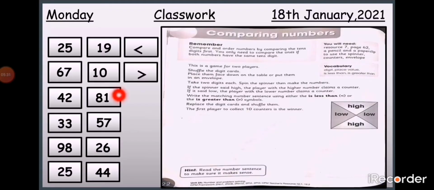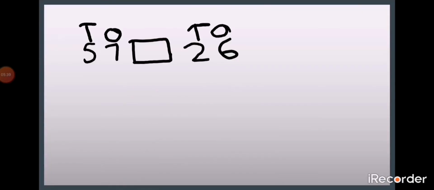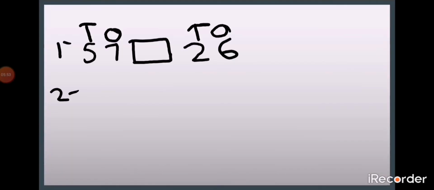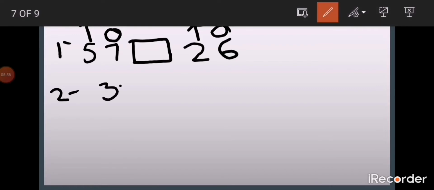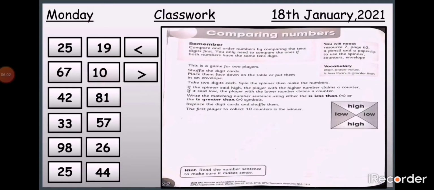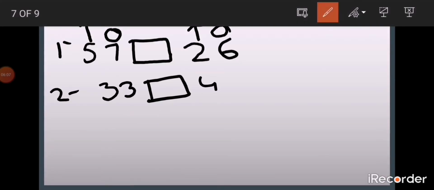Now again, you have to make 5 number sentences, because this guided assessment carries 5 marks. So please make 5 number sentences. I made my first one. Now I made my second one. For example, I am choosing now number 33. So I am writing number 33 here. Then I am making a box. Now I am choosing 10, or I will choose 44 last. So I am choosing 44 first. I make my second number sentence here.